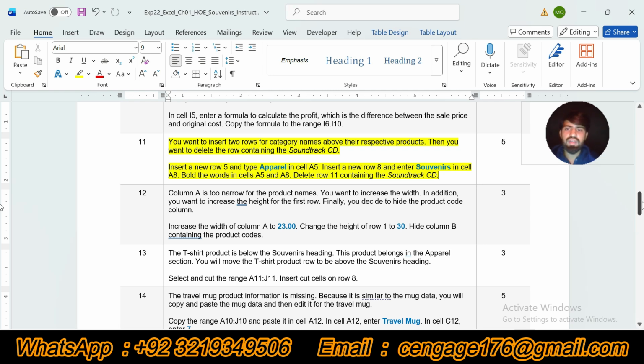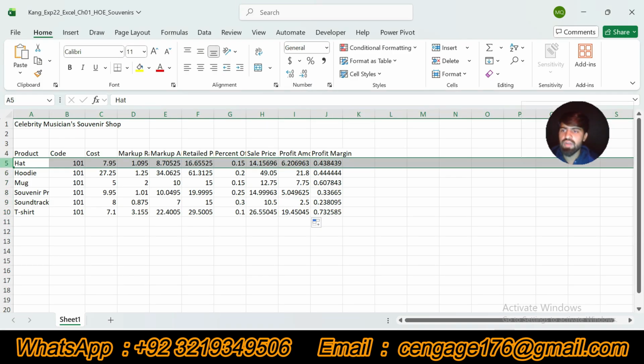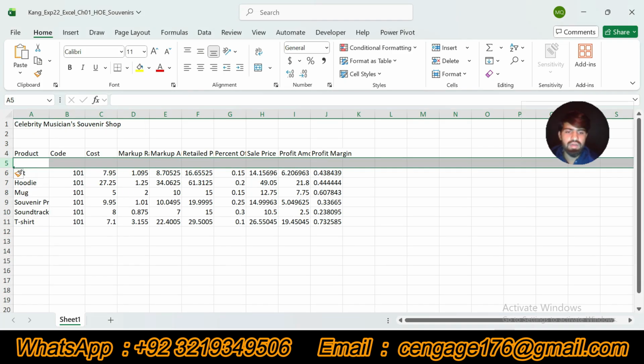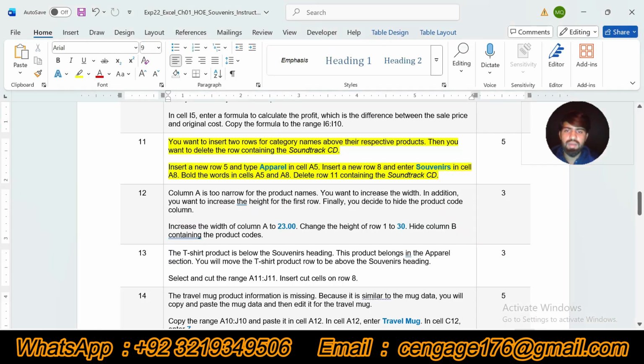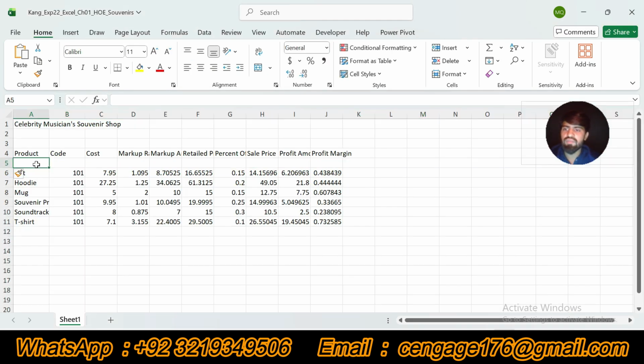We are supposed to insert a new row 5. We will go to Excel workbook and then we will select the row 5 and then right click and insert the new row 5, this one, and then type apparel in cell A5. We will select the word apparel and we will copy this one, and then we will go to Excel workbook and then we will select cell A5 and then we will paste here, this one, apparel,